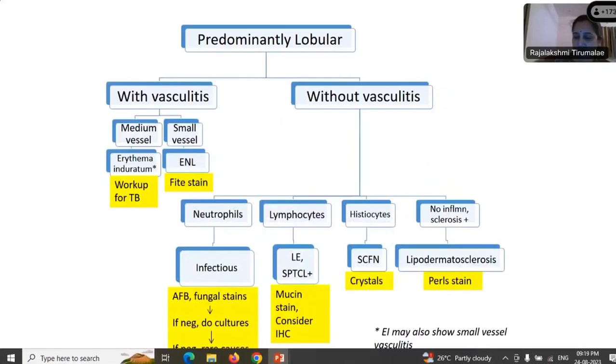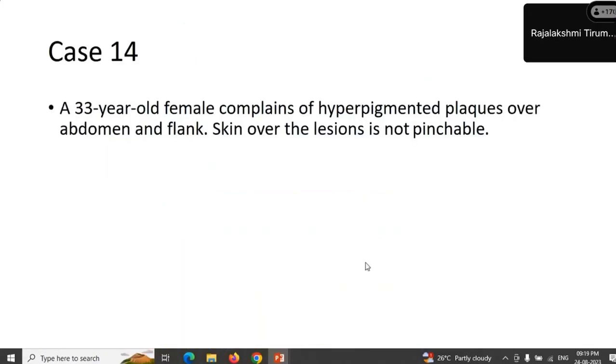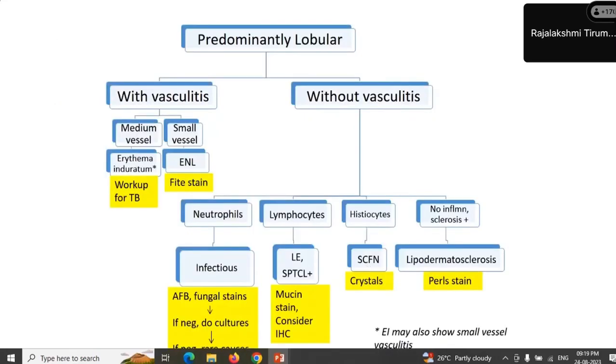Now going to lobular panniculitis. Here there is a role for special stains. I'm going to ignore the one with vasculitis. I'm going to talk about the one which we see as predominantly lobular panniculitis. Here the nature of the infiltrate becomes important. Is it predominantly lymphocytic or is it predominantly neutrophilic or suppurative? If you see a predominantly neutrophilic, suppurative kind of inflammation, what would you do? Definitely that's an indication for you to do your fungal or acid-fast stains and also cultures, right? So when you see a neutrophilic lobular panniculitis, always think and rule out an infectious cause,